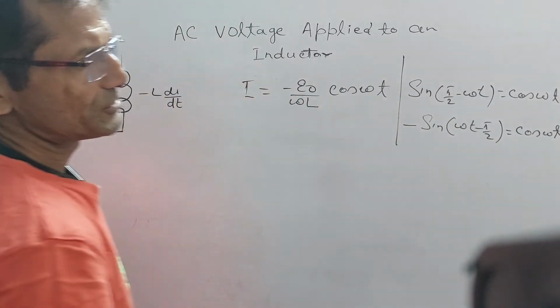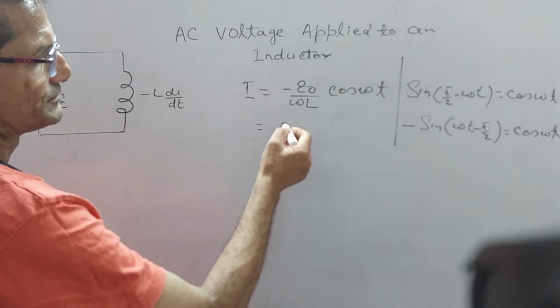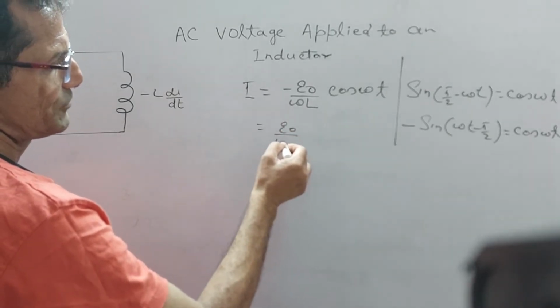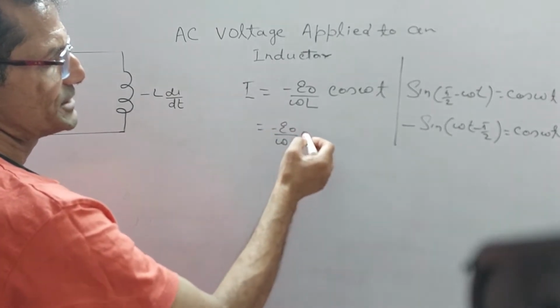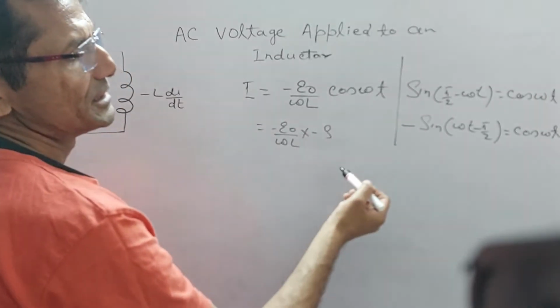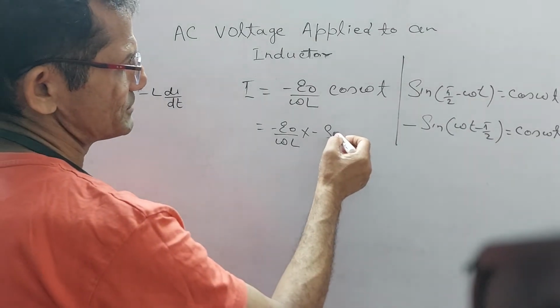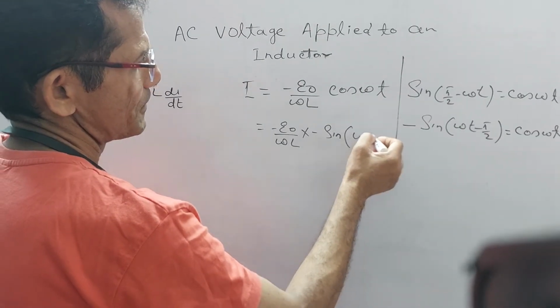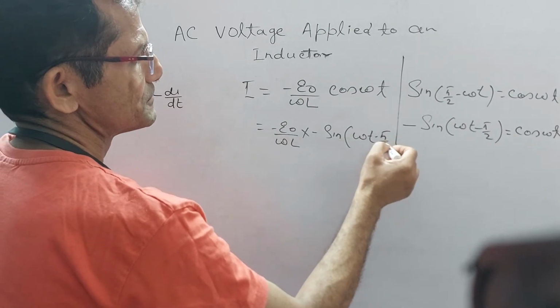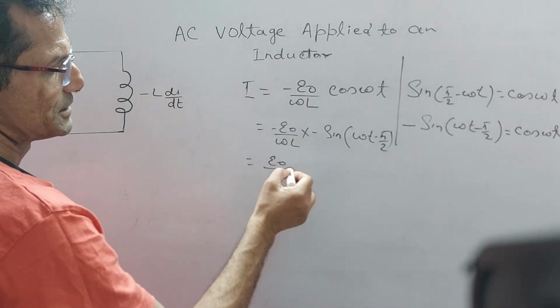If I replace cos omega t by this value, I get the current: minus E naught upon omega L times minus sin of omega t minus pi by 2. Now after simple calculation it becomes